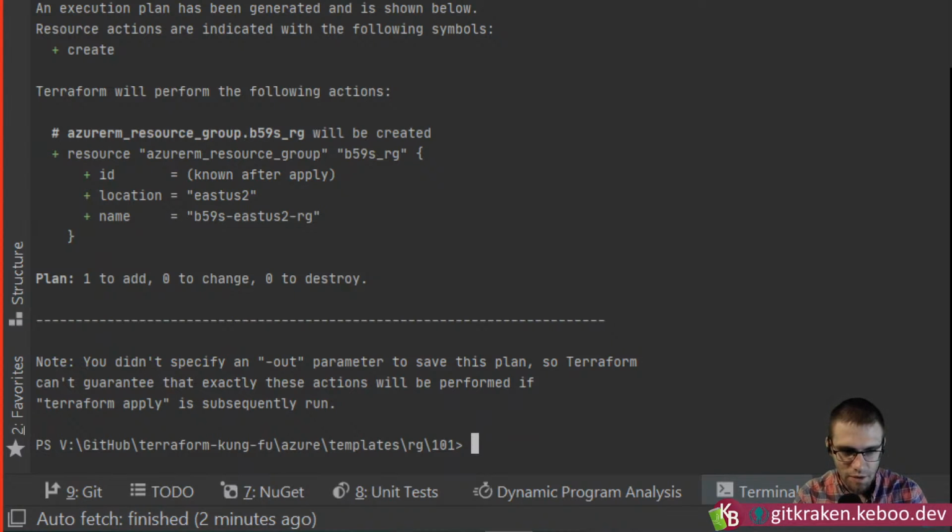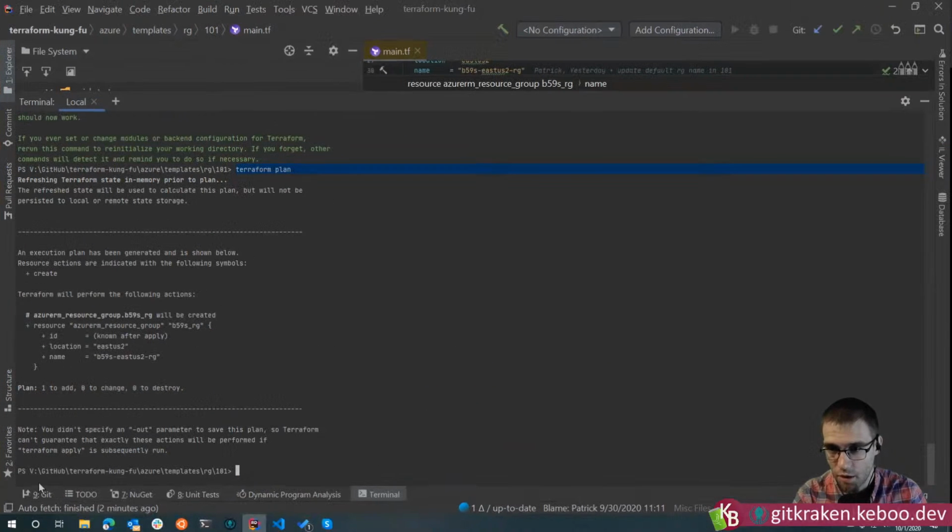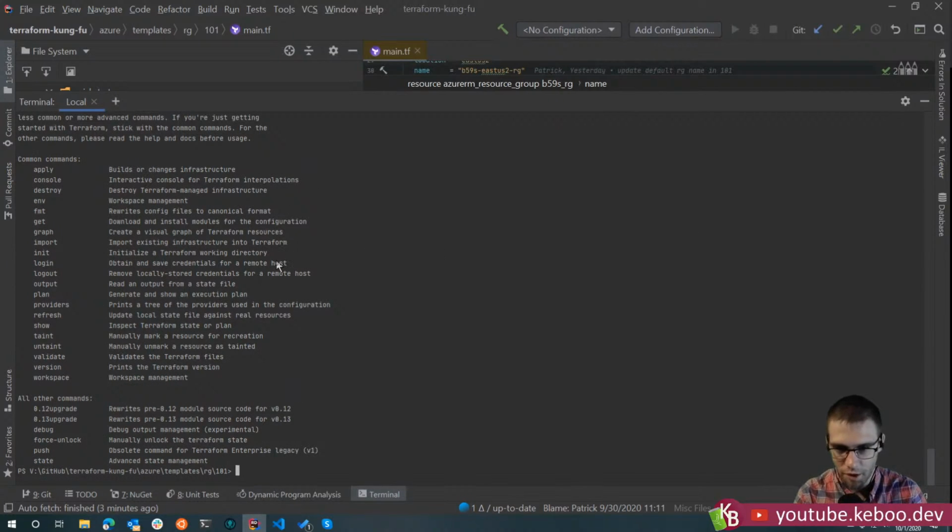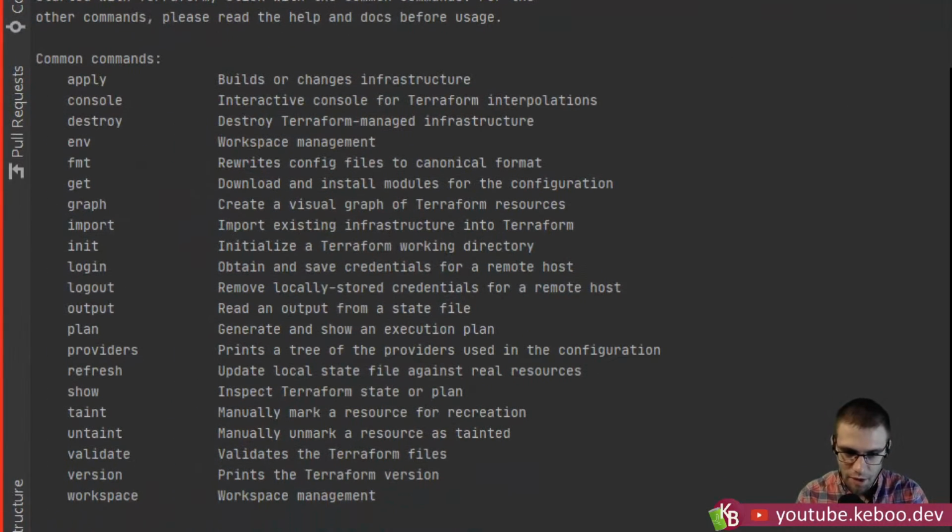In this case, what it's saying is after the Terraform resource group has been created, there will be an ID attribute set on it that will be known after it's been created. So it doesn't know it yet because it's not there. If you know Azure well enough, you can probably divine what it's going to be. But a lot of times you may want to take that ID and feed it into something else later on. So you might want to tell something else, hey, here's the resource group I'd like you to deploy into. Here's the ID of that resource group.